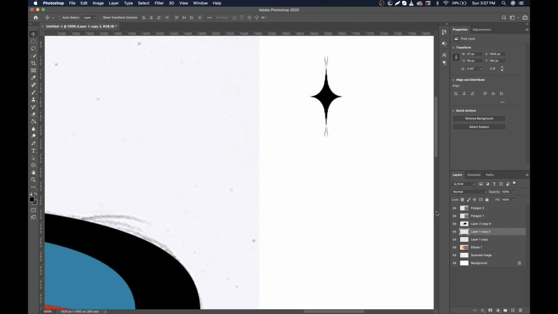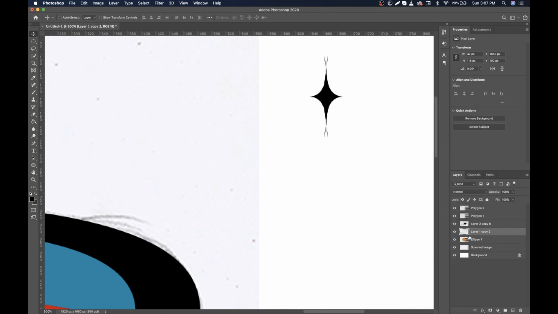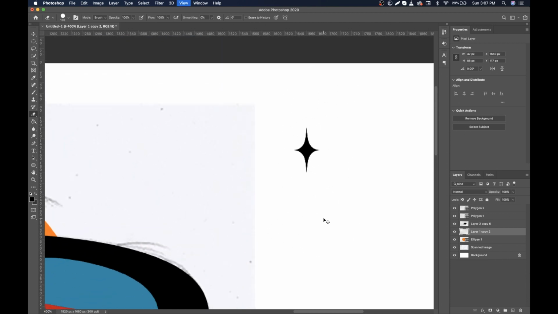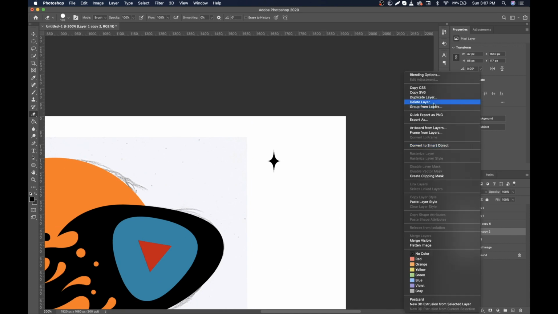And again guys, merge both layers. So guys, if you are having this extra outline, then remove it by eraser tool. Now right click on it and make it as a smart object.